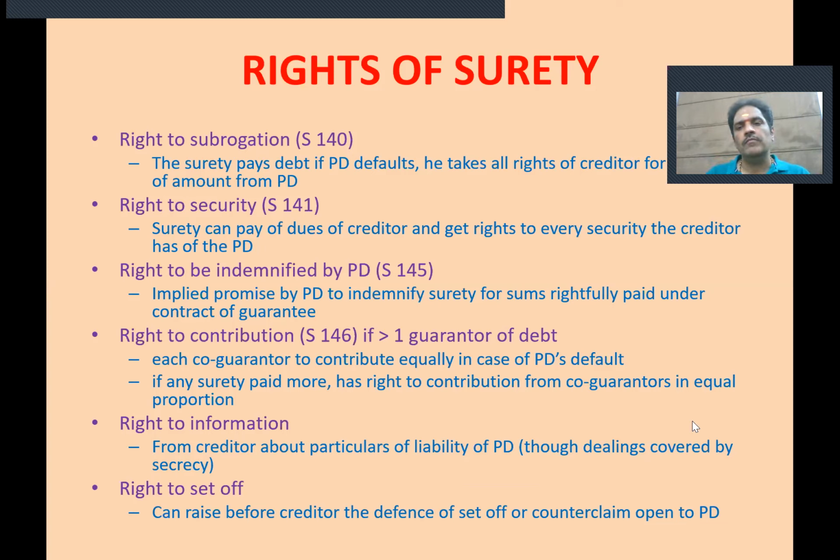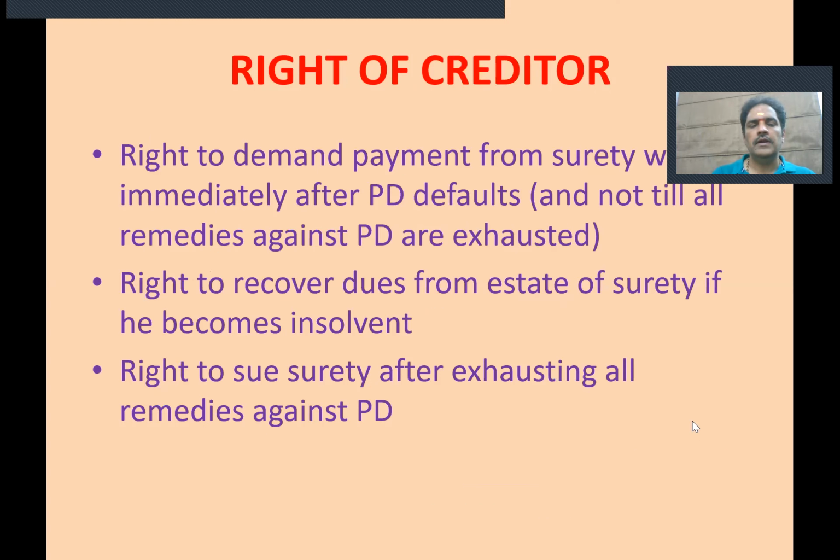Then right to set off. Before he asks me, I can say, did you not use up the money that is there in his savings account? So use that first, then whatever is remaining, I will pay. Suppose there is a 1,000 rupee default, and he has 50 rupees in his account. Then I can say that you first set off whatever is supposed to be given. This can be raised as a defense, and it will be open for the counterclaim to be made to the principal debtor. Then the right of the creditor is the right to demand payment from the surety